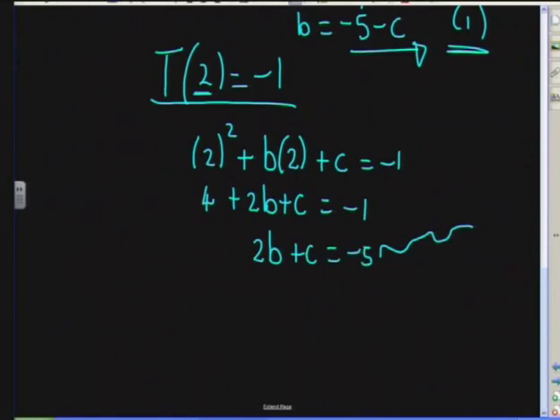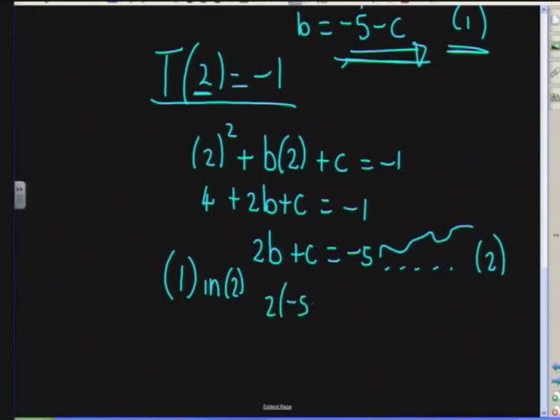All right, we can then call this equation 2. Remember, we're using the method of substitution with simultaneous equations. So therefore, if b is equal to minus 5 minus c from equation 1, I'm going to substitute equation 1 into equation 2. What that means is where there's a b, I put in minus 5 minus c. So it's 2 times (minus 5 minus c) plus c is equal to